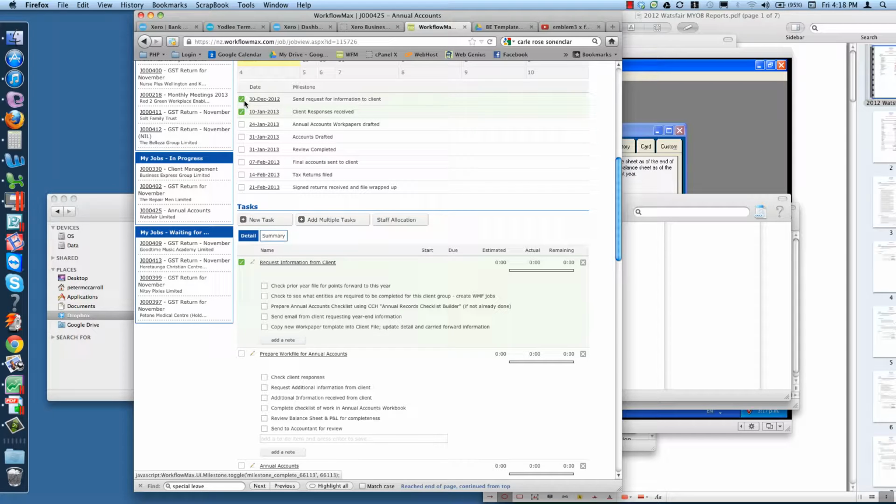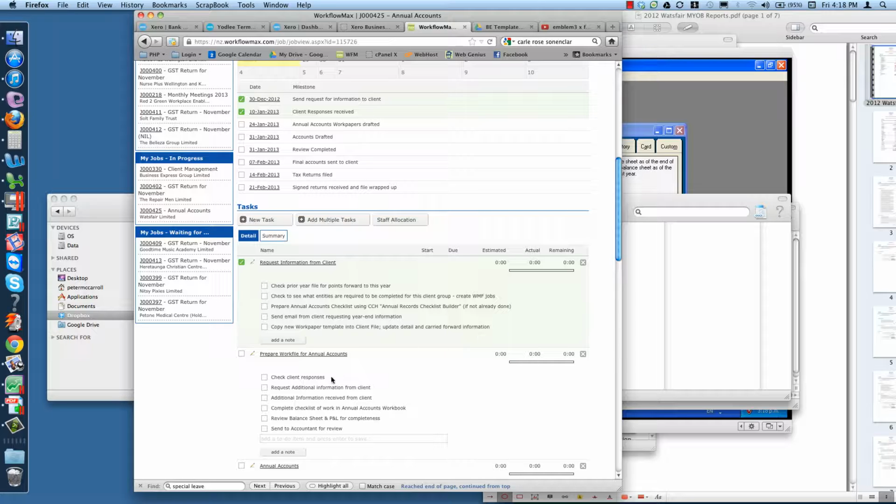So here you can see we've got a checklist for information going out, and we've checked off the milestone for information coming back, and we've checked off the task that says we've sent it out. That's the starting point for you to pick up this file. There are other procedures and other regular tasks that we do about sending information out, if necessary, but this particular instruction video is focusing on what happens once you get the response